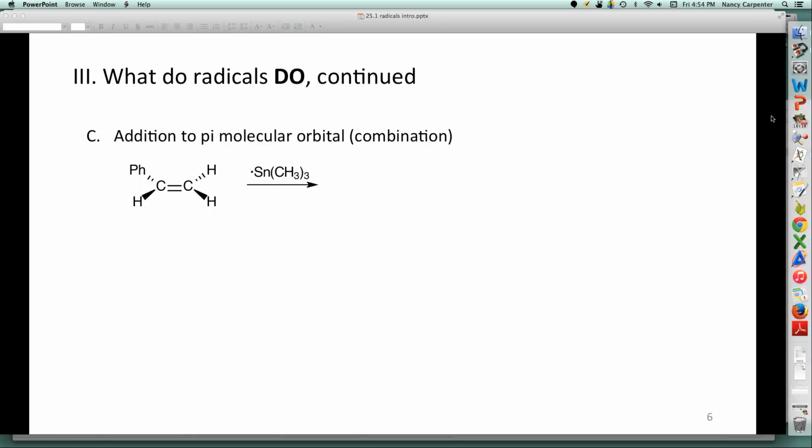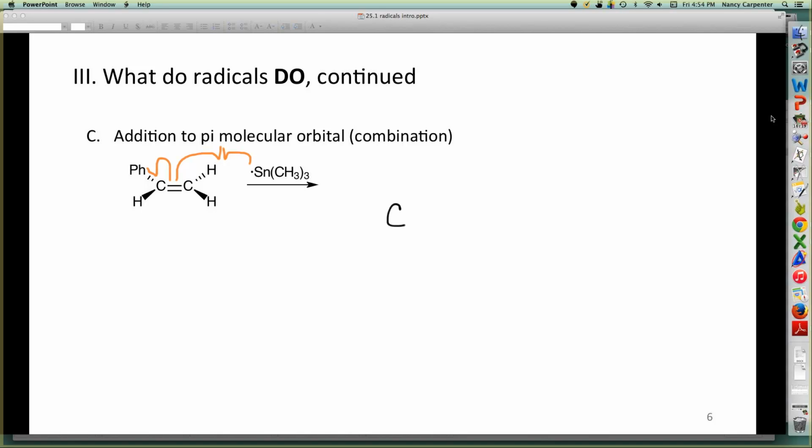They're looking for something electron-rich. What do we have here? We have a nice little pot of electron density right there in that pi bond. So we can do a homolytic splitting of the pi bond like so to give us